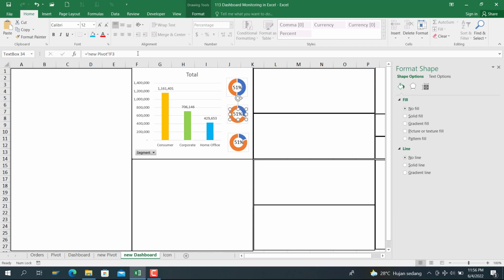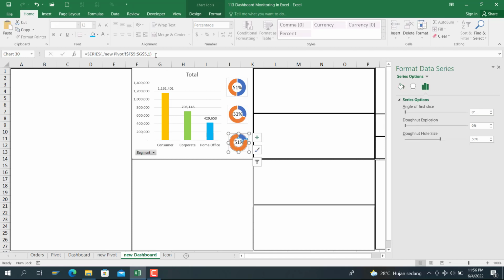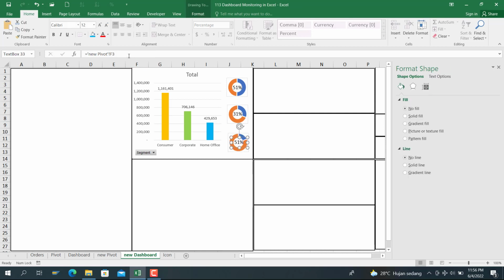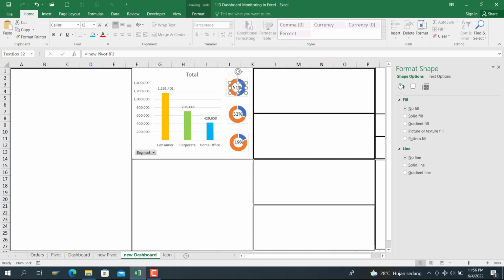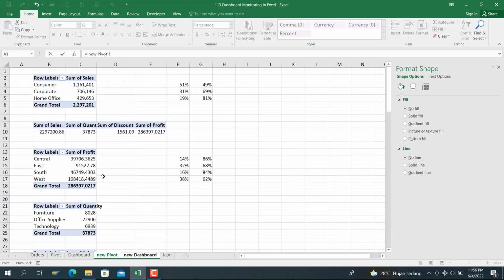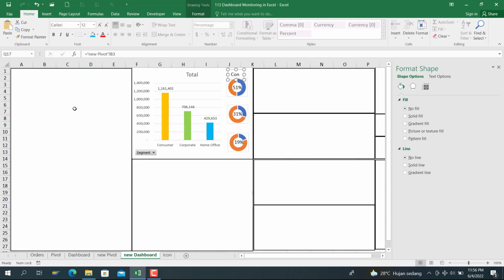Okay, this is done. Then we need to change the pivot table reference from F3 to F4 and we change it to F5. And we want to name the donut chart here. Copy and paste and put it in here, and then change the reference to this B3. Press OK and adjust the